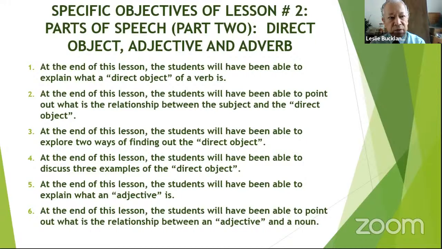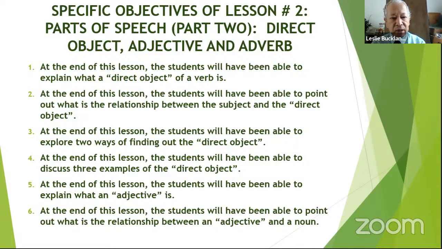The specific objectives are: 1, at the end of this lesson, the students will have been able to explain what a direct object of a verb is. 2, at the end of this lesson, the students will have been able to point out what is the relationship between the subject and the direct object. 3, at the end of this lesson, the students will have been able to explore 2 ways of finding out the direct object. 4, at the end of this lesson, the students will have been able to discuss 3 examples